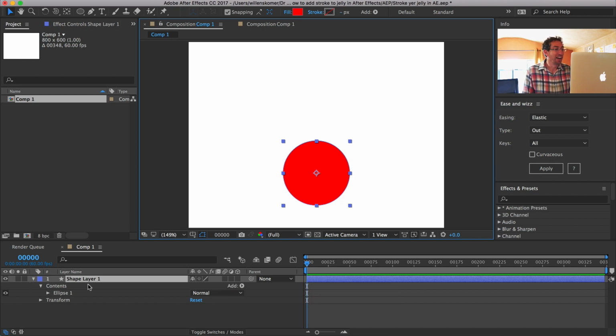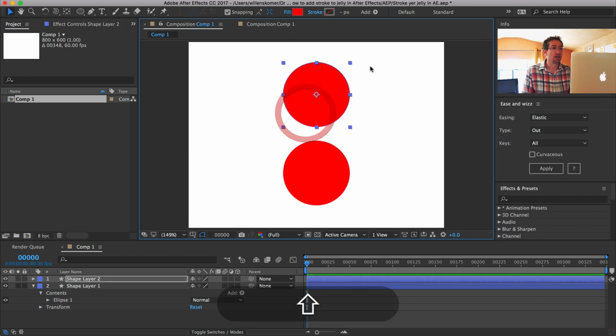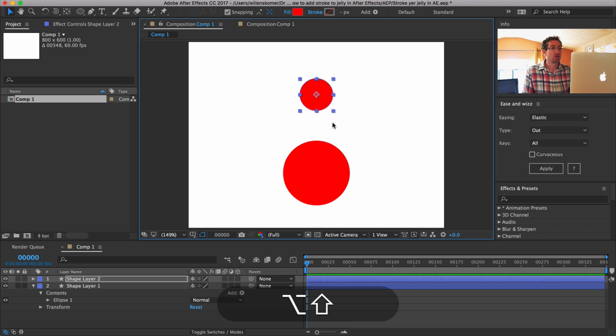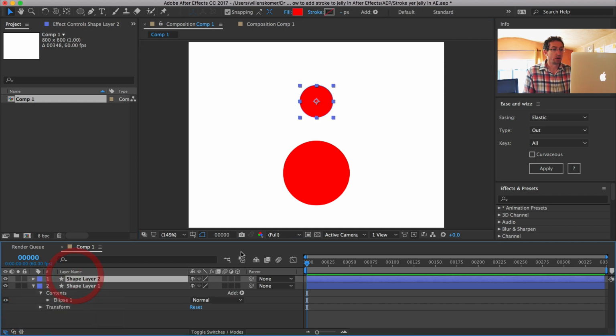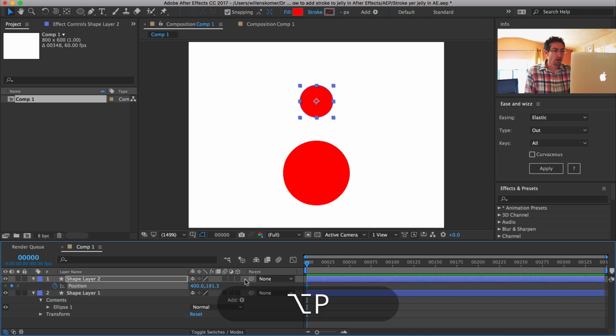And now Command D duplicates the layer. I'm just going to drag it up, and then Shift Option from the center scales it in place so that it's about like that. Okay, so that's it. Now let's animate this real quick so you can see it actually happening. So Option P to set my first position property, and I'll just go over